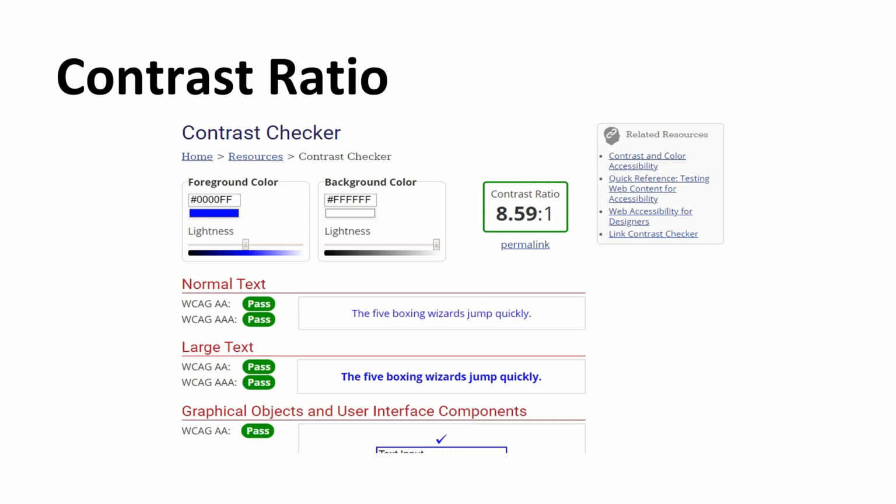The ratio between text and its background must be 4.5 to 1 for normal body text and 3 to 1 for large text. You can use this contrast checker, link at the end of the module, to check if your color choices are compliant. As a university, we must meet level AA compliance. Creating a high enough contrast helps students with visual disabilities see or access your content. Visual disabilities include vision conditions, low vision, blindness, and various types of color blindness.